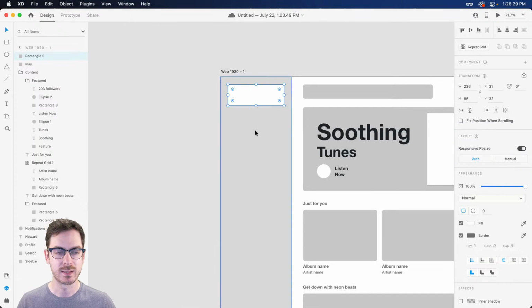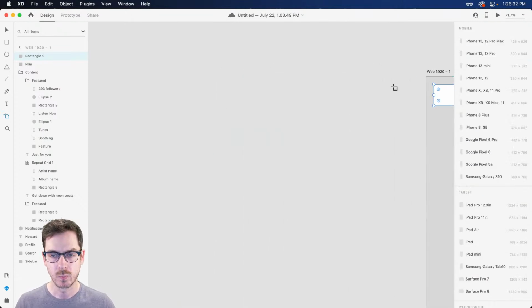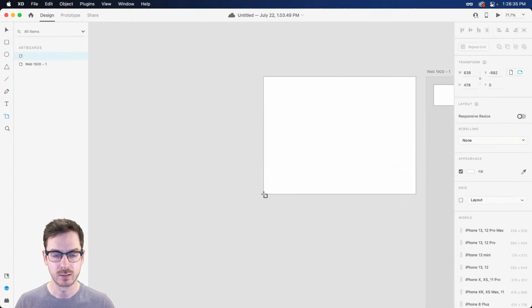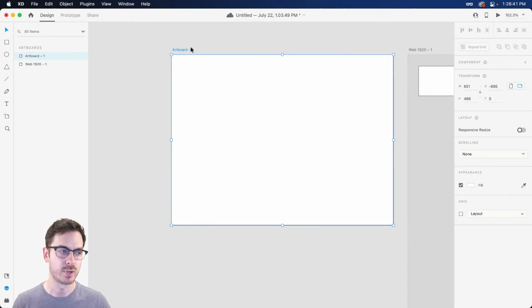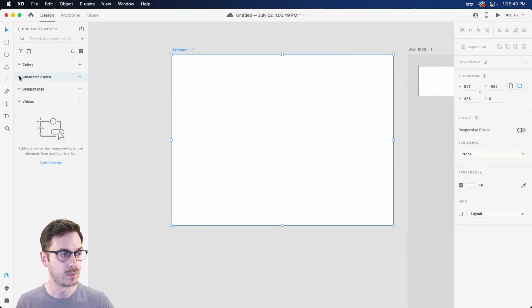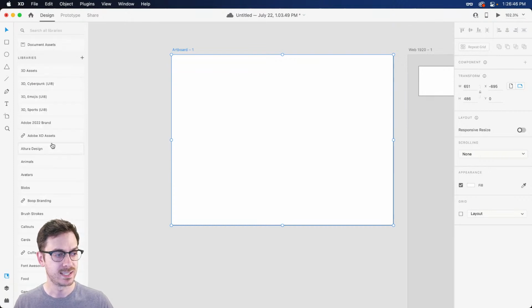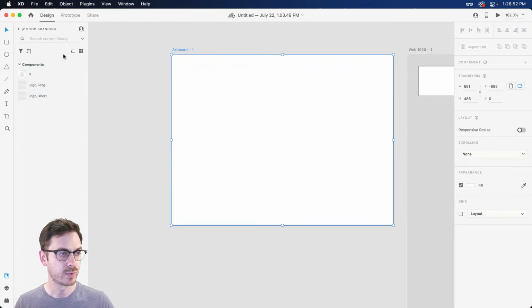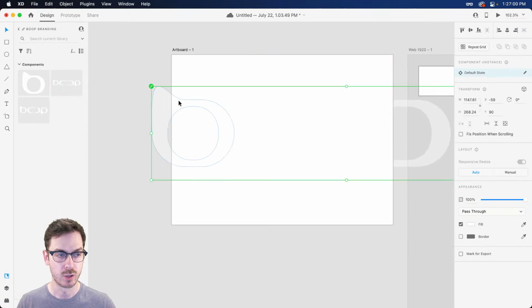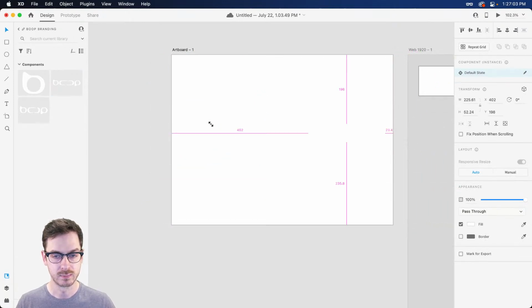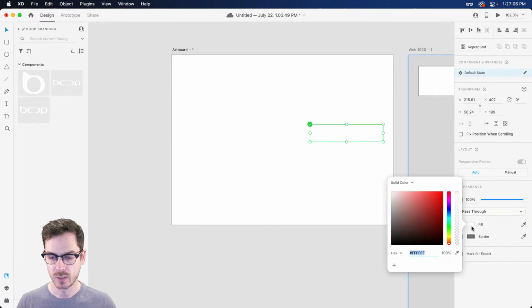Now, in this case, we might want to bring in the Boop branding. And what a lot of designers like to do is they'll have a separate artboard where they will work on their branding and their design system, colors, all sorts of different things. Now, I do have over in my CC libraries Boop branding. So I have a few different logos, right? I have the B, I have the Boop long, and then I have Boop short. I'm going to go ahead and drag out the Boop long, which is very long and large right now, but I want to make sure to change the color so we can see it.